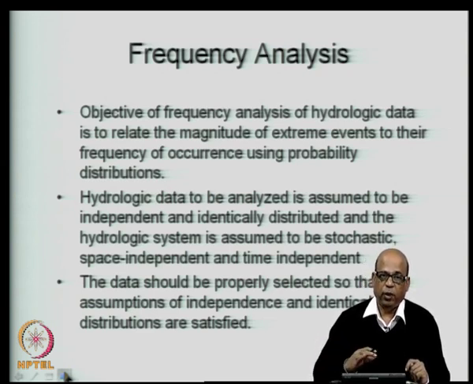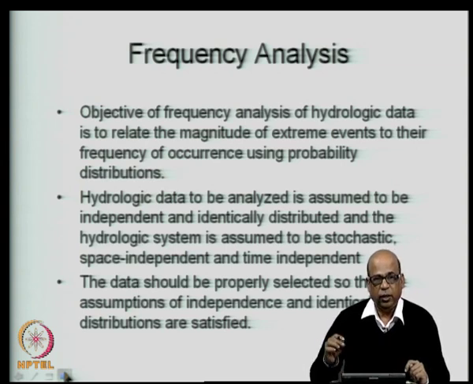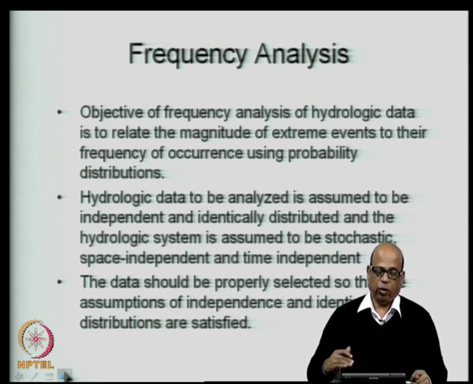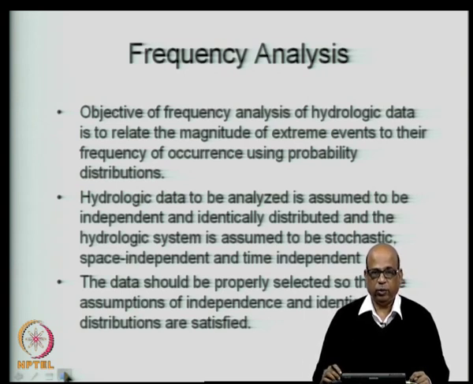For example, a flood that occurs in a given year may have saturated the soil completely, and therefore, any high rainfall that occurs subsequently may cause a flood of high magnitude, and therefore, both of these floods may cross the threshold value that we have specified, and therefore, they are not independent